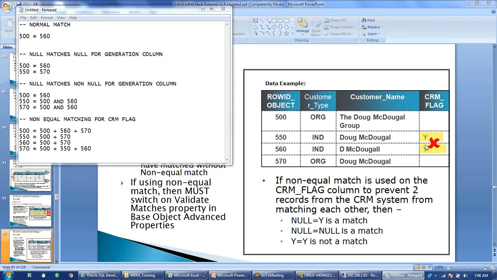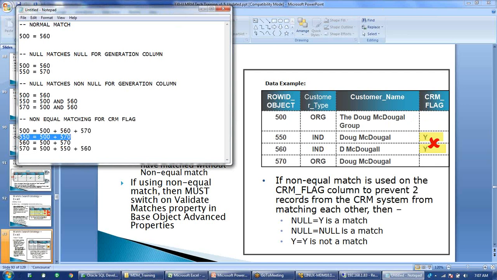Here, why can't we match 550 with 500? Yeah, 550 is matching with 500 here. You see, because 550 has a null value, so it will match with 500 and 570 because they both have null values.